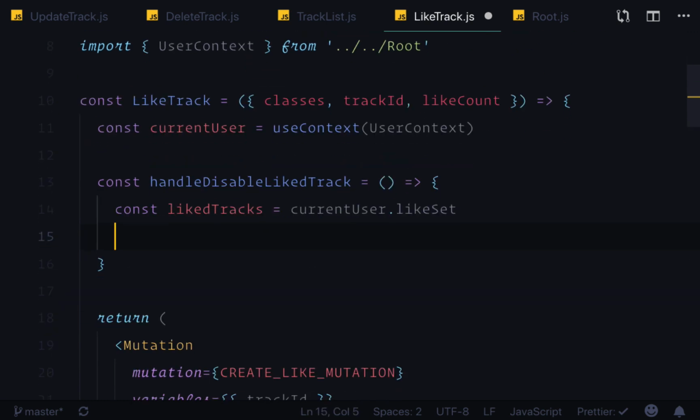Then we want to figure out if the given track is liked. So let's create a variable called isTrackLiked. So to put a Boolean value in this variable, we'll take the likedTracks array, we will iterate over it with the findIndex array method,